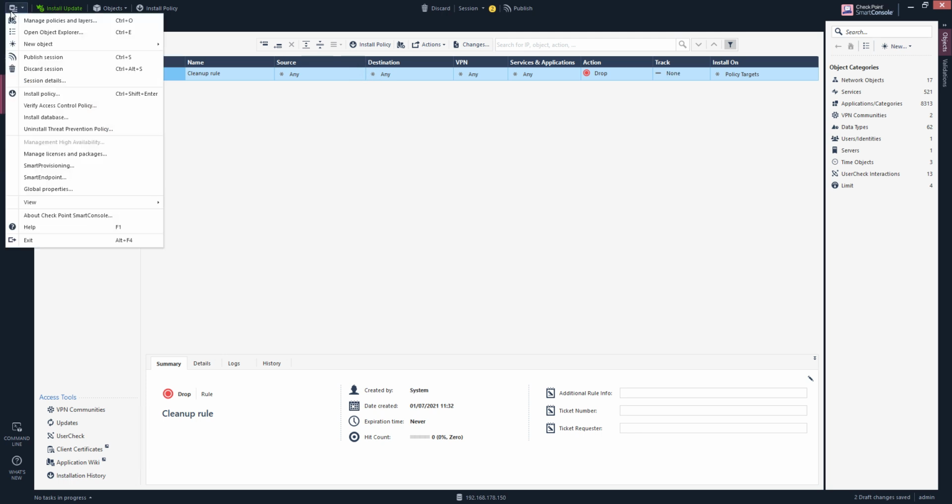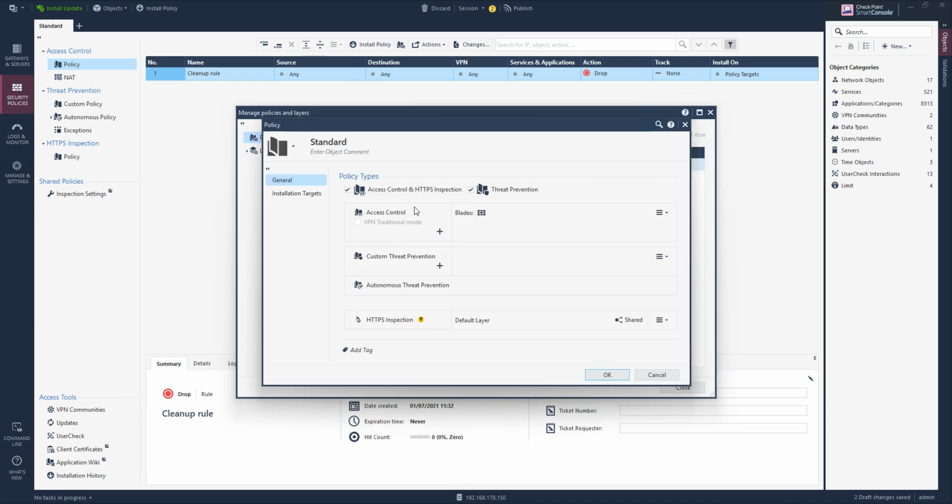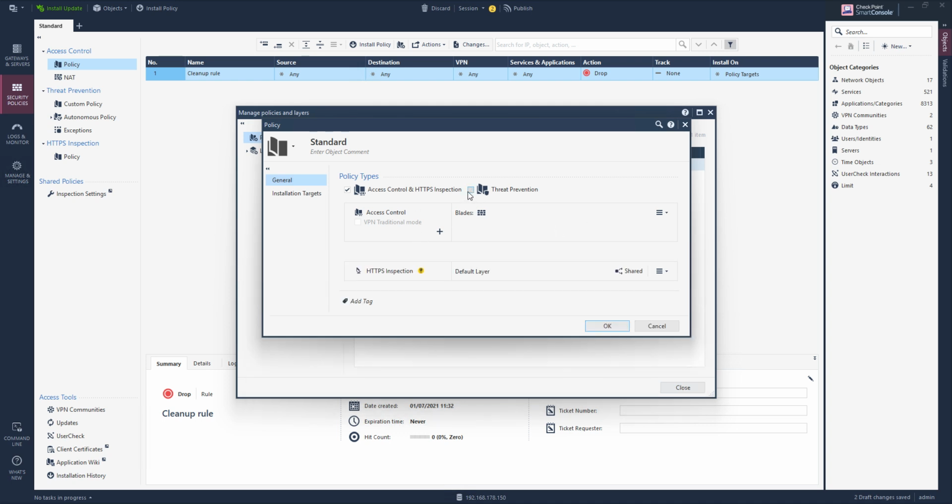If we go up in this top left and we go to manage policies and layers, we can see here is the policy, and it's called standard, and it currently allows you to work on the access control and threat prevention. If we go for an edit, we can turn on more blades. Let's say we don't want threat prevention because we don't need it for now, and we just have the firewall